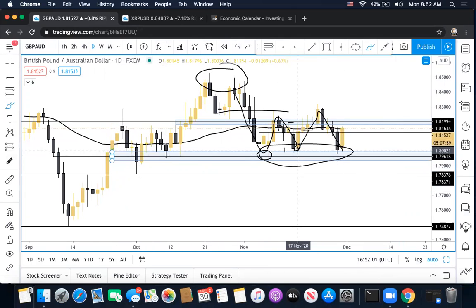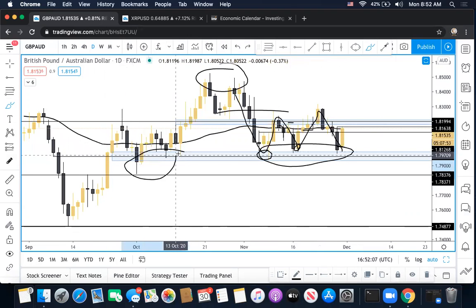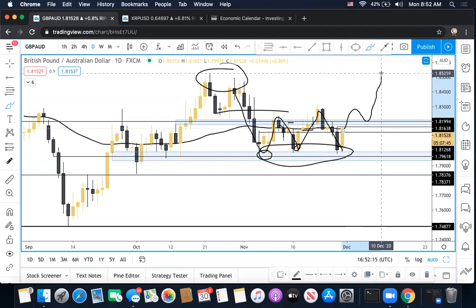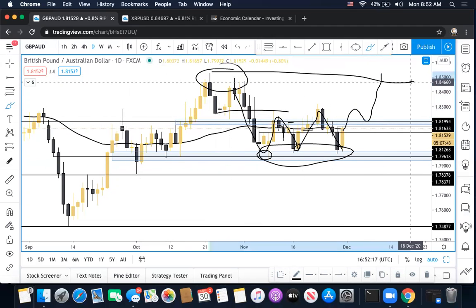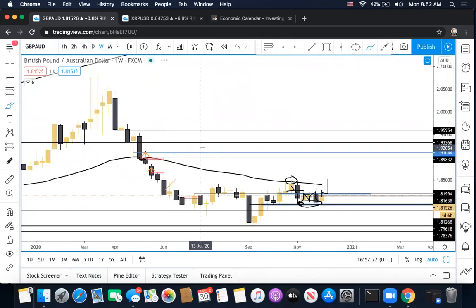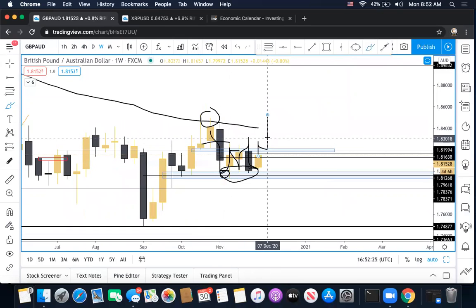But because we have this strong demand zone, triple bottom here, we also had price get rejected within this region too. So if we reject that and the market breaks above 182, we might get a retest, and then the market may come revisit these highs to here to the left. And overall, my bias is more so bullish because of the weekly time frame.